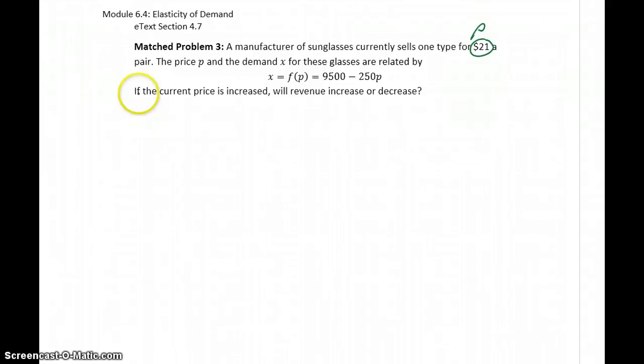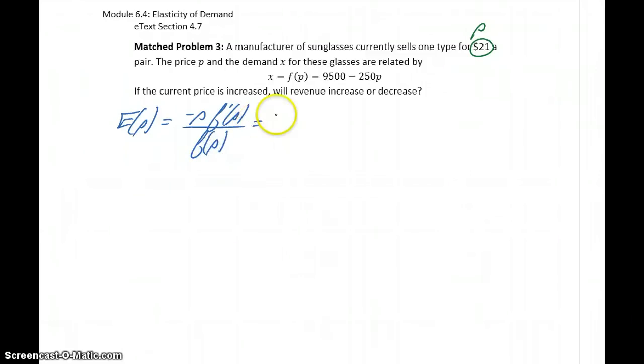So there's nothing in this question that says anything about calculating elasticity, but anytime we want to talk about what effect price will have on revenue, we want to keep in mind we're always coming back to this idea of elasticity. So the first thing we want to do is establish that elasticity function,